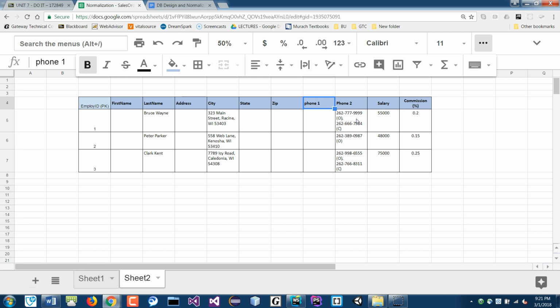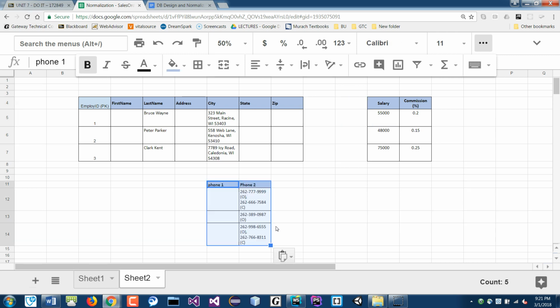So you don't want a table that has a lot of null values where only one or two people have the third number. So that's not ideal. You can either omit that or, if you have to have it, you break this out into a separate table, right? So we're going to take this out and make this its own table down here. So we have phone number. This could be like a phone